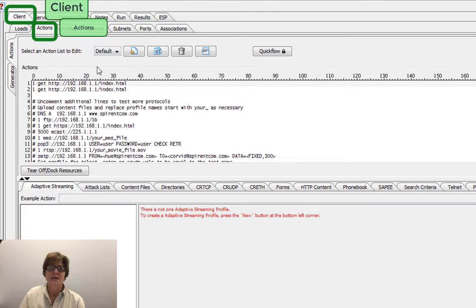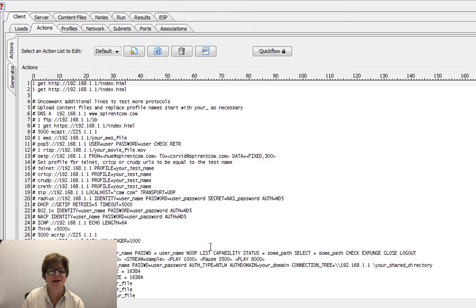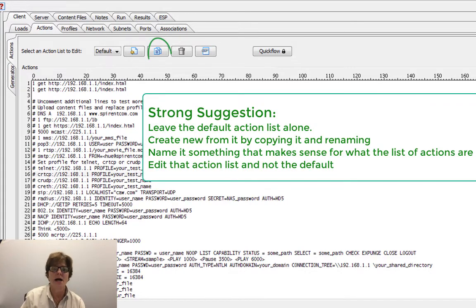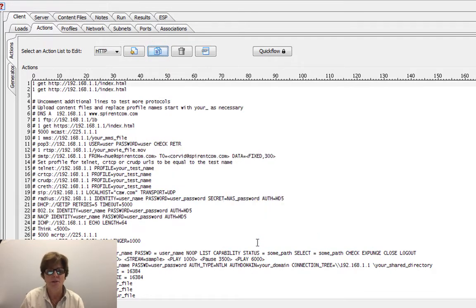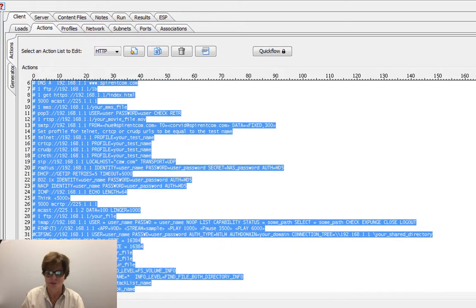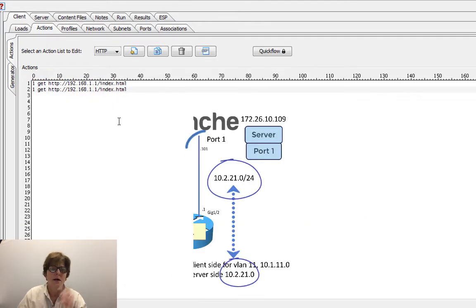When I talk about default, if you see here, what we actually have is this. What I really like about this is all the different examples that are already there, commented out. So, like that copying of the subnets, I just create my own. So it's HTTP, and then uncomment additional lines, right? And so it makes it real simple to understand. Then I'm going to say this is going to go to 10.2.21.101.